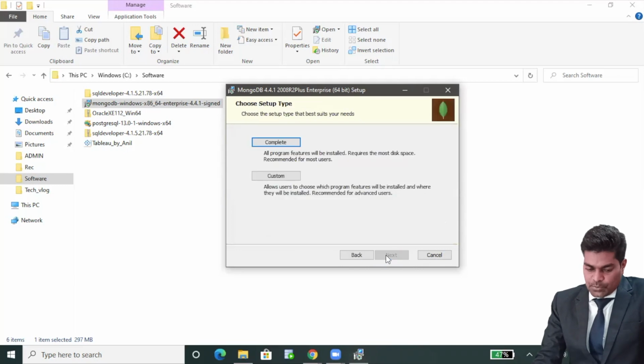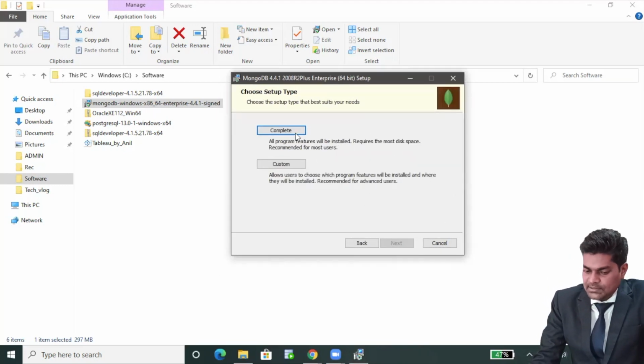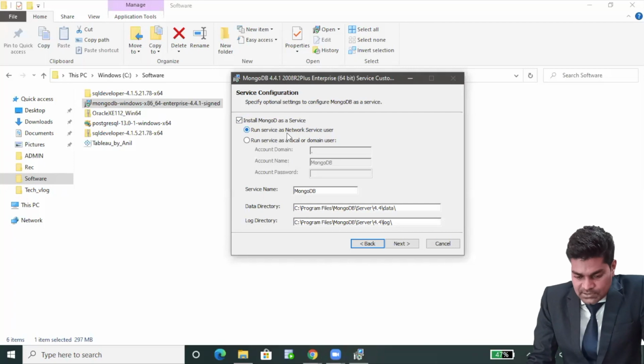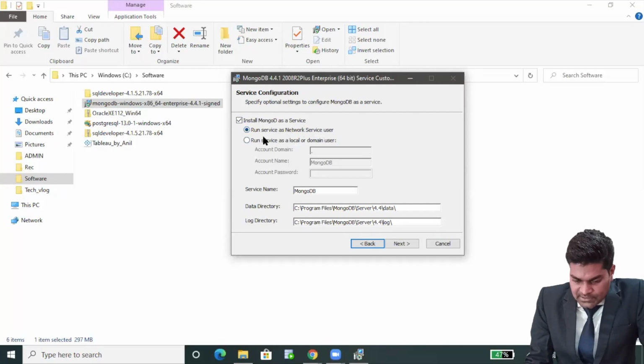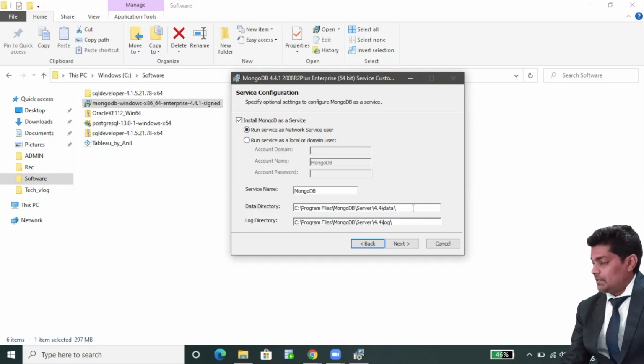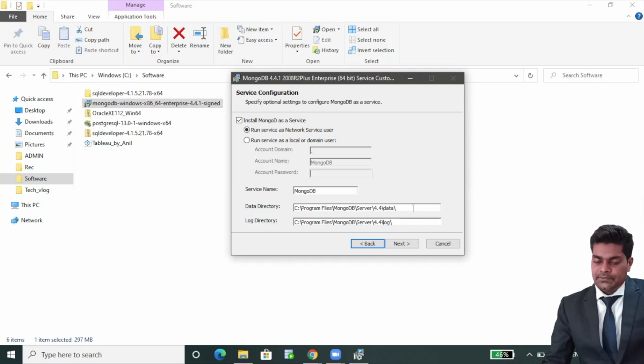And here we have two options, complete and custom. So just click on complete, and here we have install MongoDB as service, run service as network service. So just select the first one, and this is the location. In this location MongoDB will be installed, and data and logs will be available there, because MongoDB is a document database.